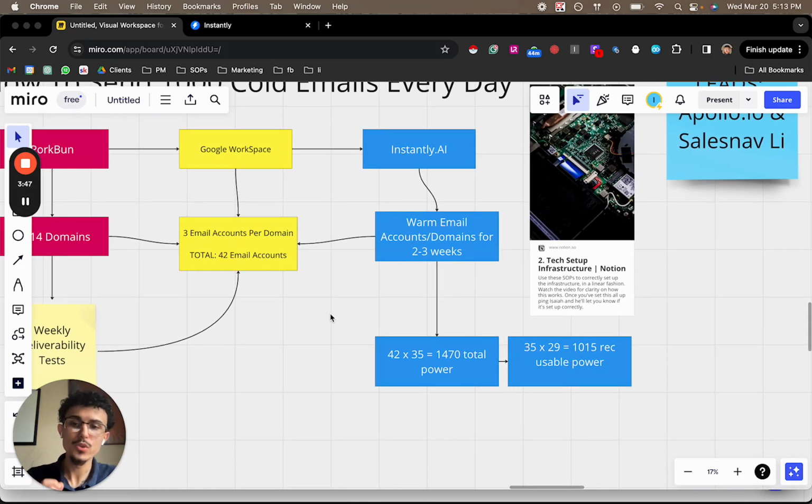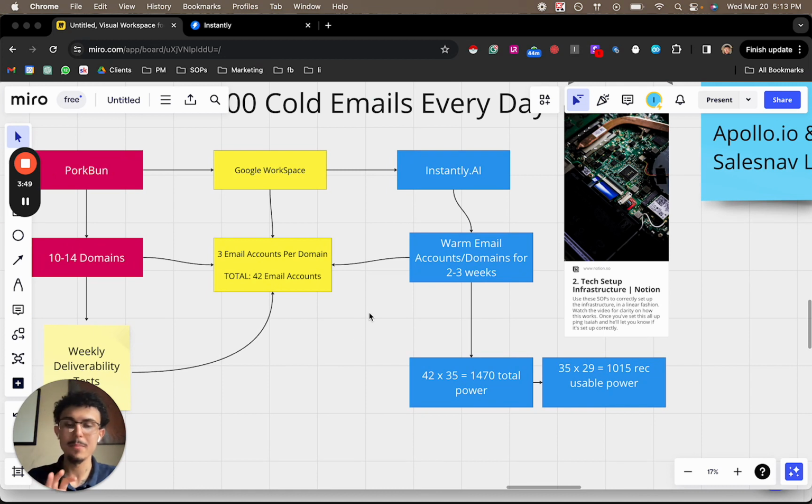But we don't want to use all 42 email accounts. We want to keep some in the tank because, well, I wouldn't say it's commonplace, but it is increasingly becoming common of users, especially Google Workspace users, disconnecting. But I also hear this with other providers as well. So it's not a big deal, but